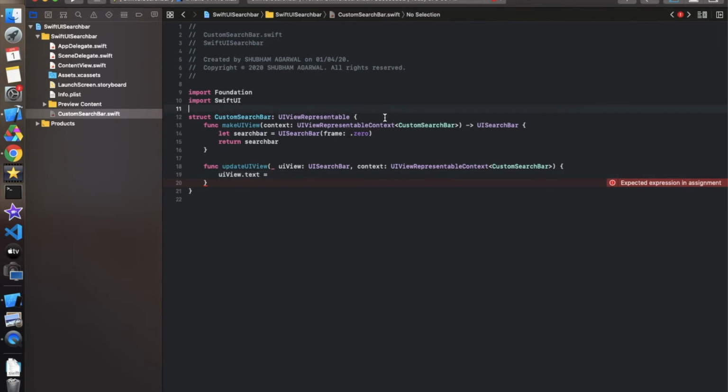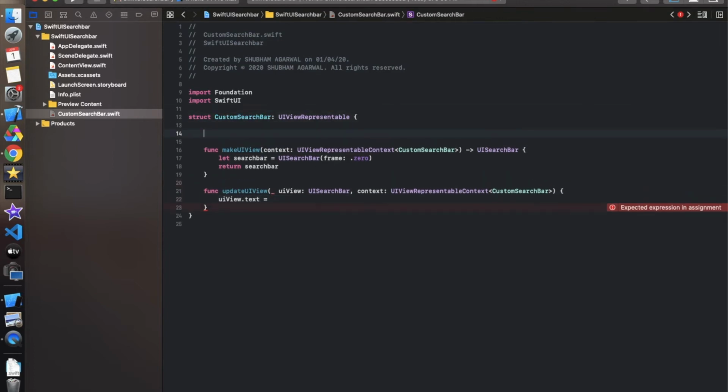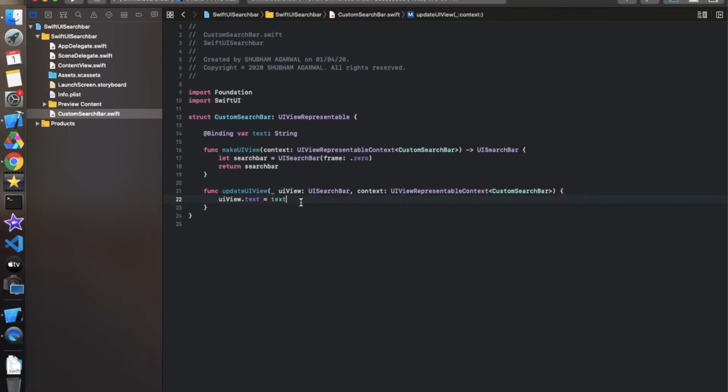So we have to create one property over here, like @Binding property, and it's a text, and it should be of string type like this, and we have to pass the text over here. So this is a very basic thing which we will see whenever we have to do some kind of binding between the text. Simply use text like this. So so far we have just created a search bar and didn't update any text on the view,